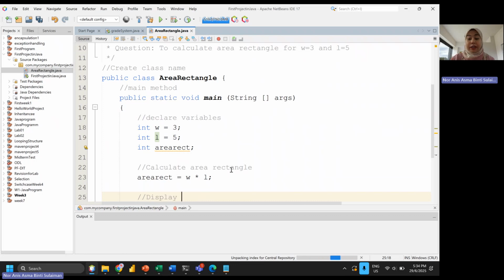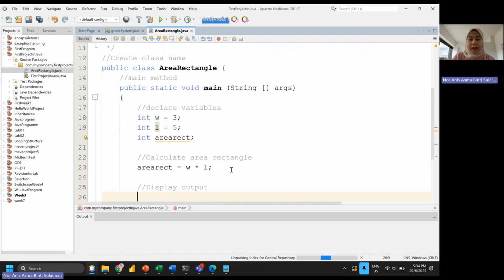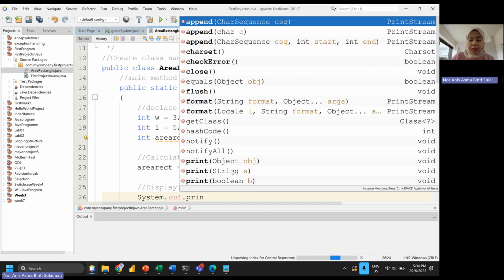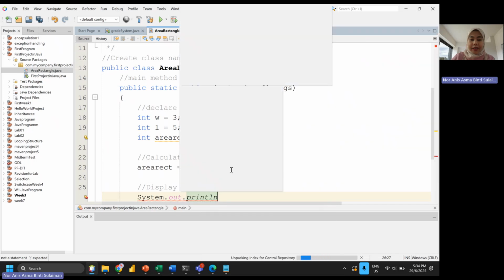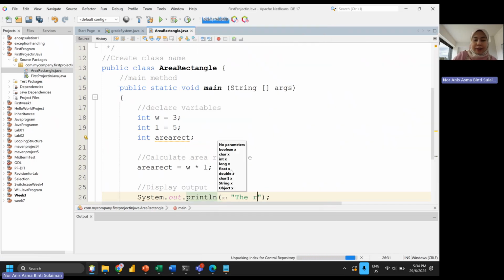So over here is the display output. To display the output, we use the syntax System.out.println. In the brackets, write the area of rectangle, and to call the value from the process, you need to use a plus.